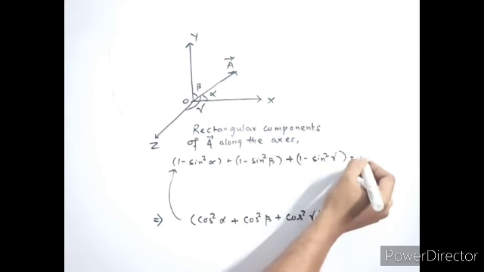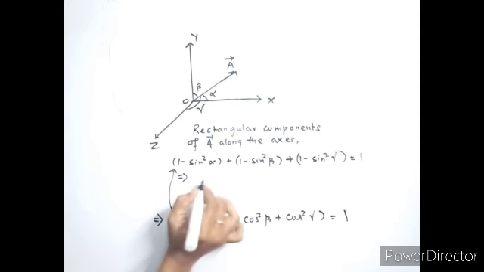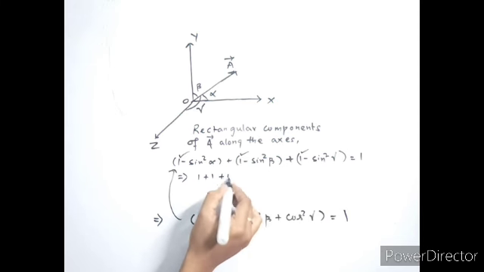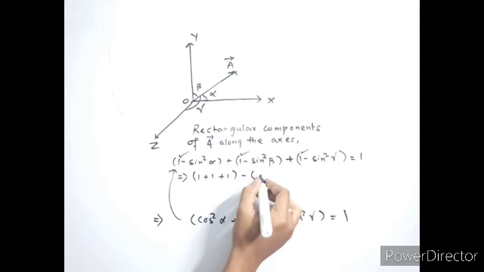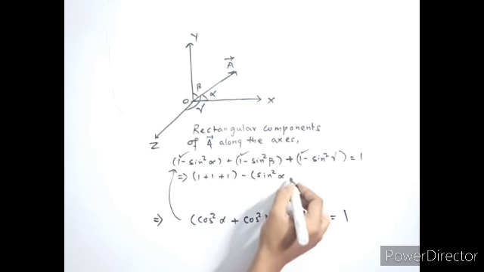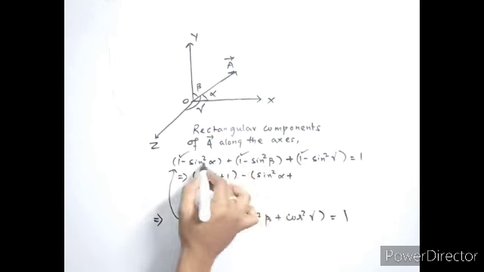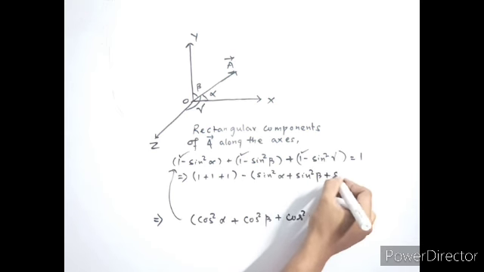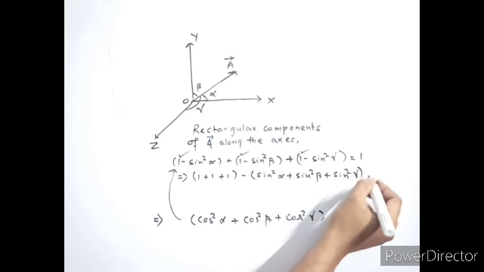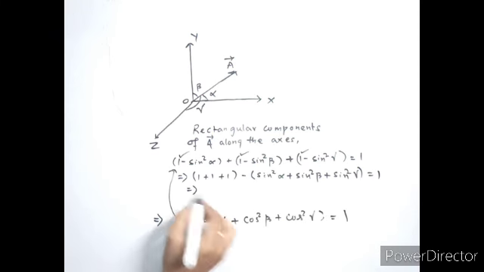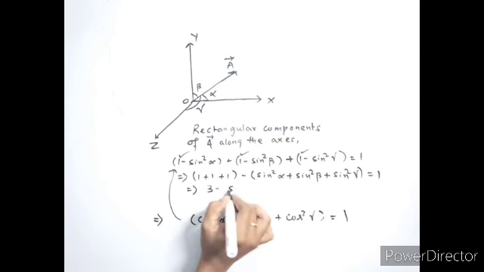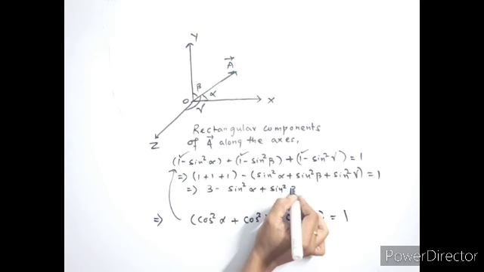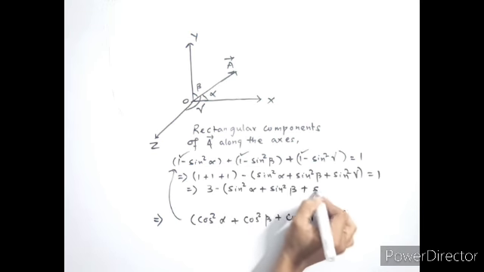Now this is equal to 1, so we take the ones out, so 1 plus 1 plus 1, minus taken common for all the sine squared parts, sine squared alpha plus sine squared beta plus sine squared gamma, that is equal to 1. Simply putting it, we have 3 minus the bracketed term, that is sine squared alpha plus sine squared beta plus sine squared gamma,